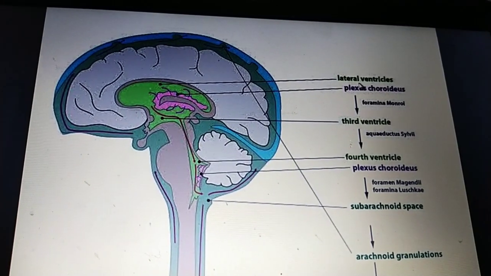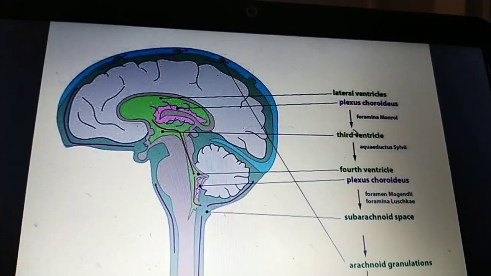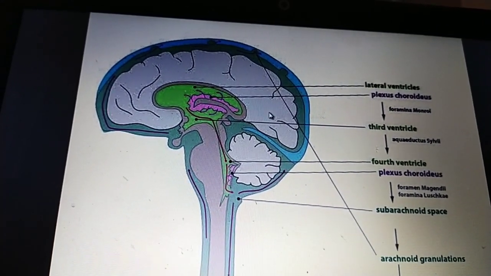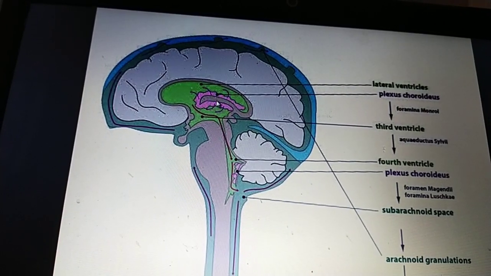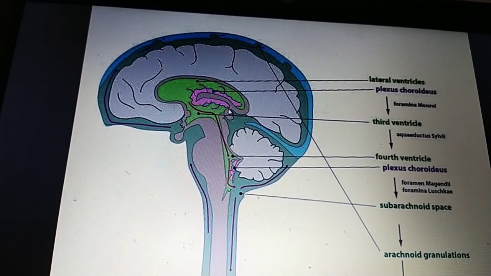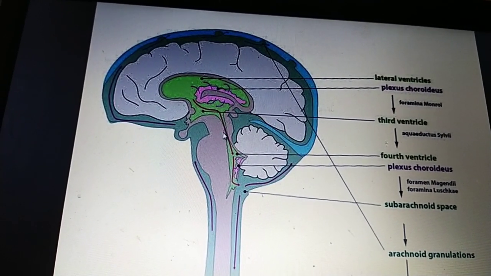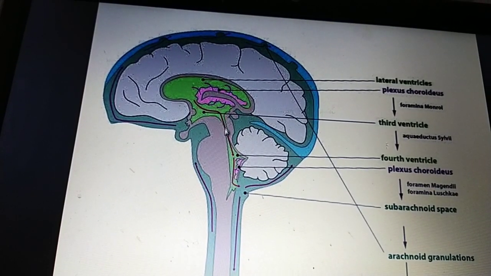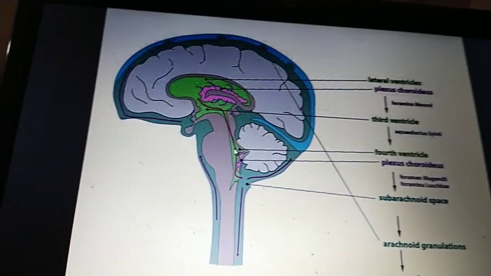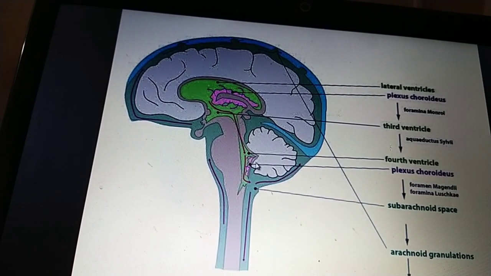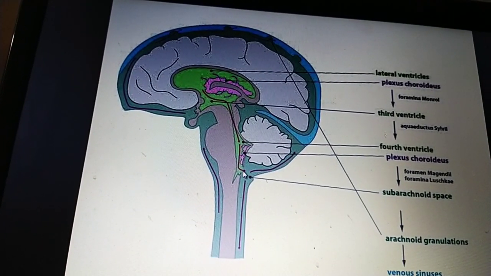It is produced at the lateral ventricles by the choroid plexus, and from there it flows through the interventricular foramen, the foramina of Monro, to the third ventricle, then to the fourth ventricle by the cerebral aqueduct, the aqueduct of Sylvius. The fourth ventricle also has a choroid plexus, and then the foramen of Magendie and the foramina of